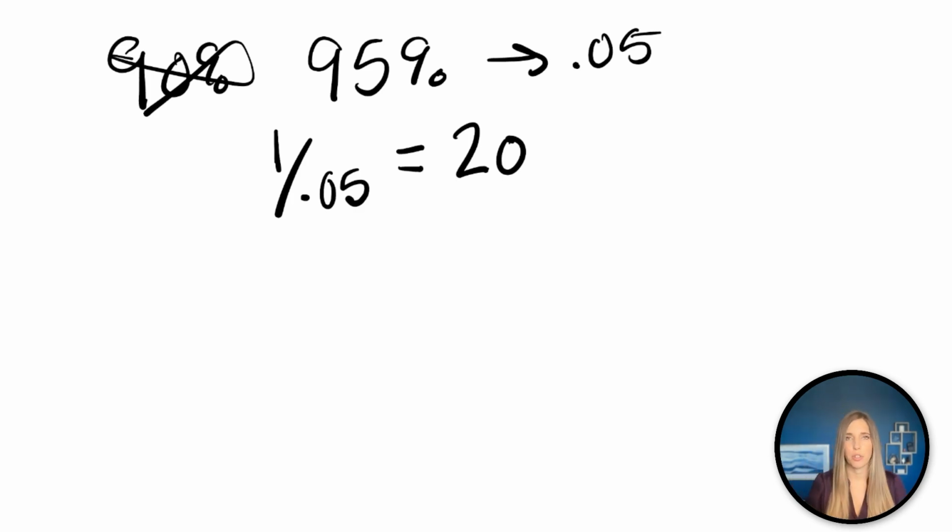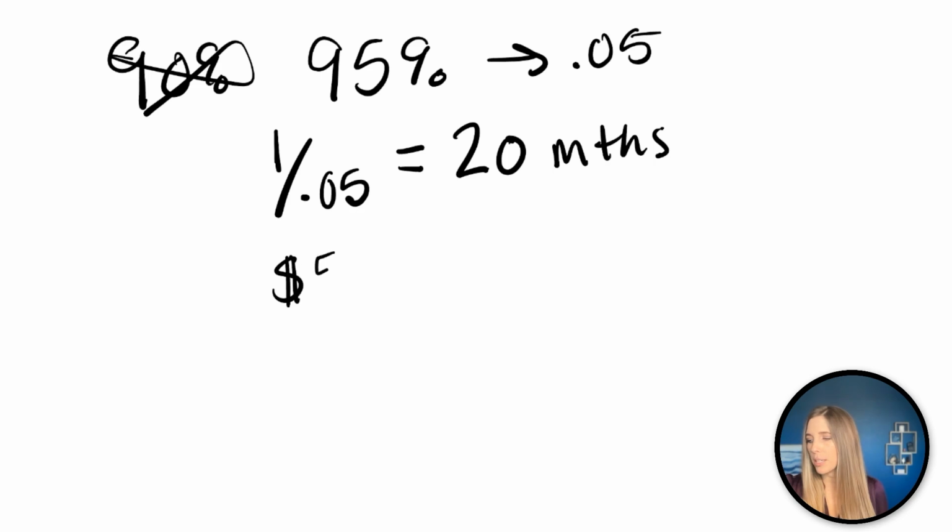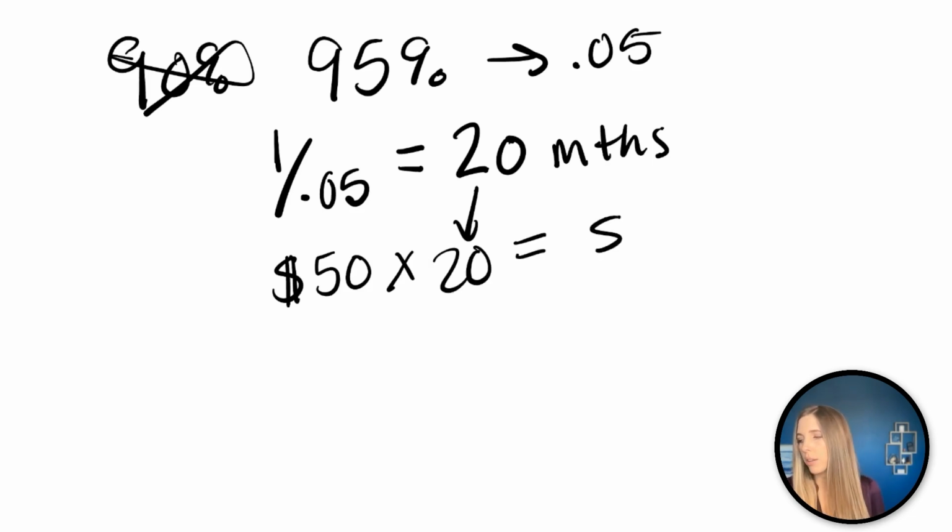Just trust me, if you're not familiar with dividing fractions, my husband is a former math teacher and we homeschool our kids. That's 20 months. So 20 months is the average length of stay. Now, if you remember, it was previously 10 months. We're going to say that our membership cost is still on average $50 a month. So now we're just going to bring this down. We're going to multiply this, and we're going to get a new LTV. This is our new LTV right here,